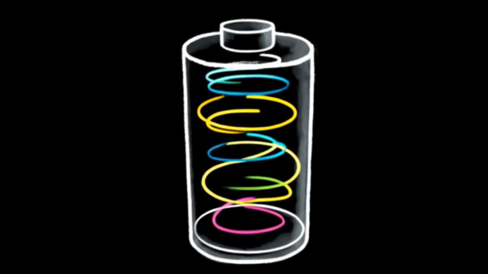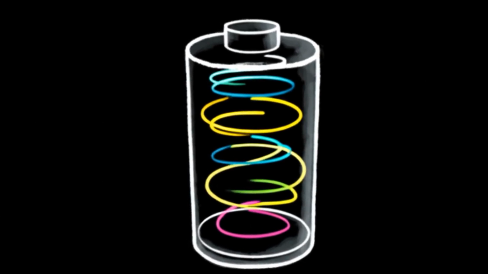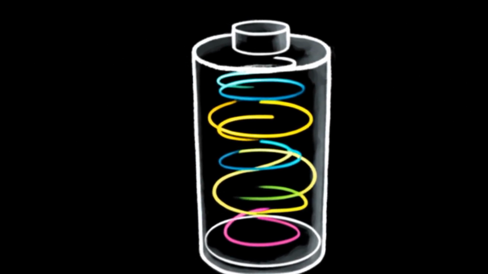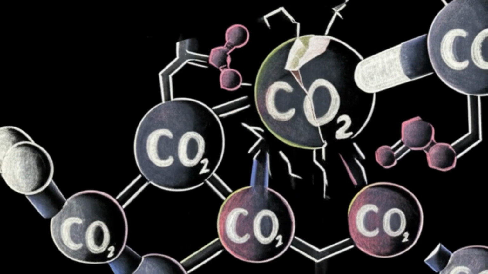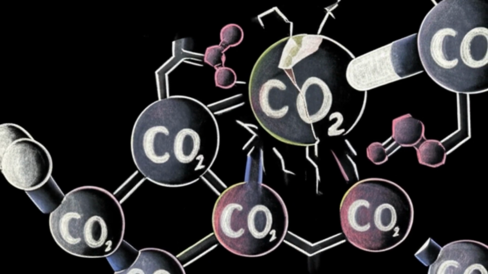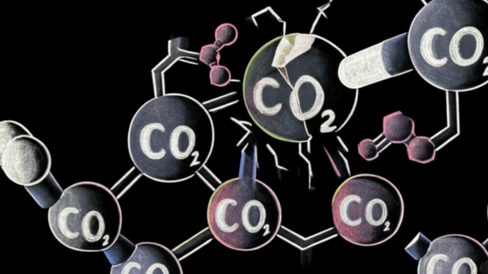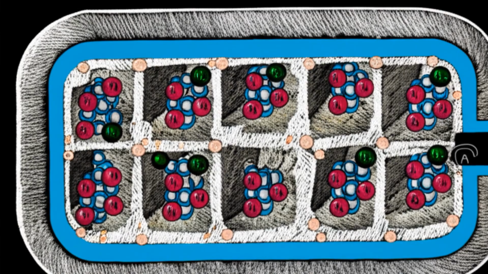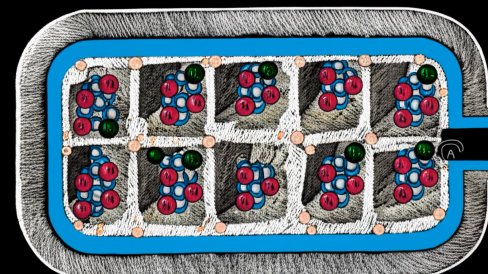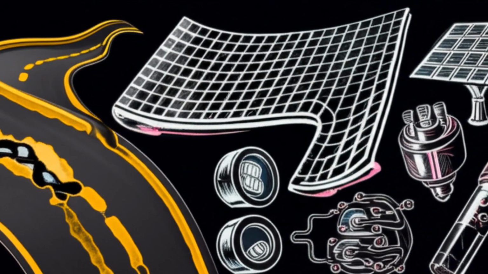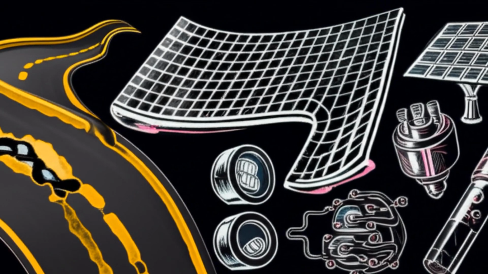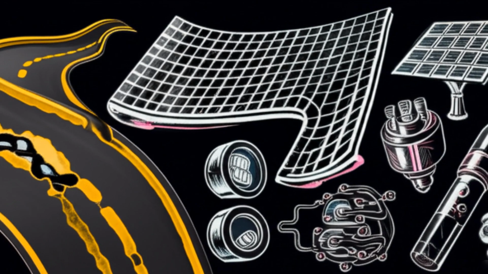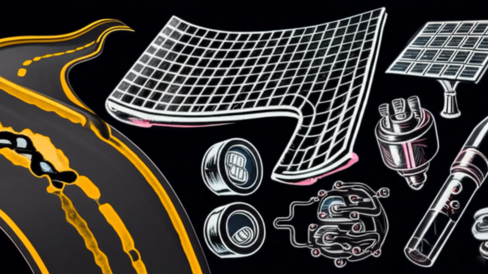What does this actually create? Researchers have used these methods to design new solid-state electrolytes for safer, more powerful batteries. They've conceived of new catalysts that can capture carbon dioxide from the air with unprecedented efficiency, or new metal-organic frameworks that can store hydrogen fuel more densely than ever before. These aren't just incremental improvements. They are fundamentally new substances, imagined by an artificial mind to solve very human problems.